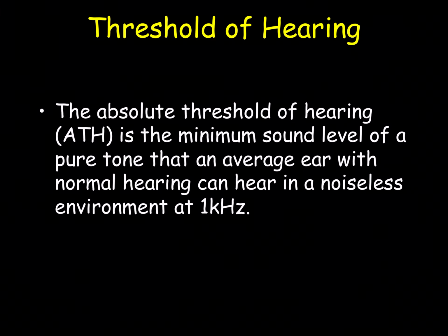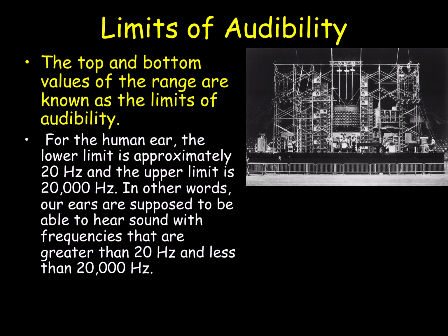The threshold of hearing. Now, the absolute threshold of hearing is the minimum sound that you can hear at 1 kilohertz. So for a 1 kilohertz sound, that's the threshold, the quietest sound you can hear at 1 kilohertz. Whereas the limits of audibility are the upper and lower frequencies you can hear, which change considerably, particularly as you get older. My limits of audibility are